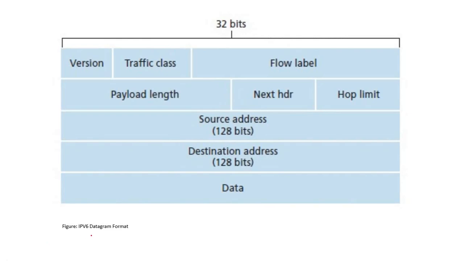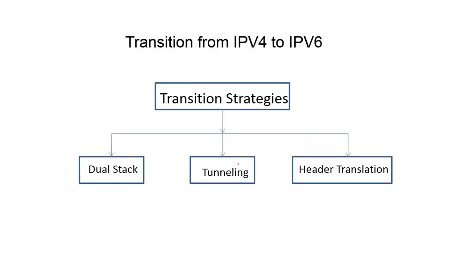Next is the IPv6 datagram format. As we have discussed IPv4, this is the advanced version of the internet protocol, and some of the fields are changed, which are useful for specific tasks, like we used in IPv4 also. Why are we going to move from IPv4 to IPv6? Because of the limitations of IPv4. IPv4 is working on 32 bits, so that's why we are getting a limited number of IP addresses.